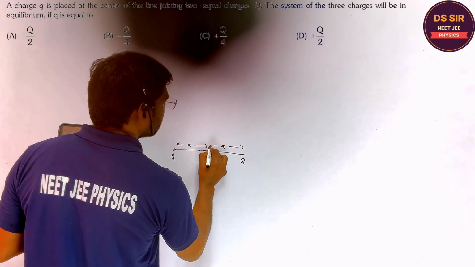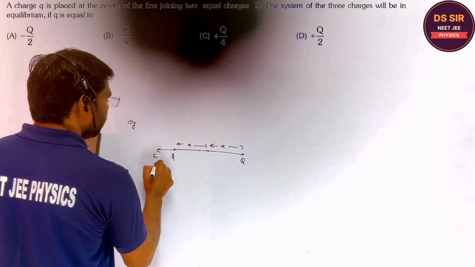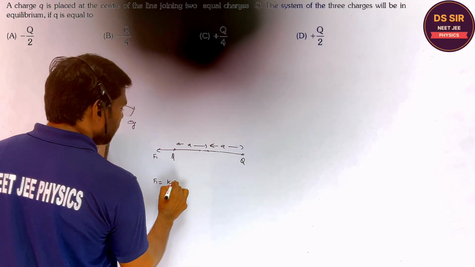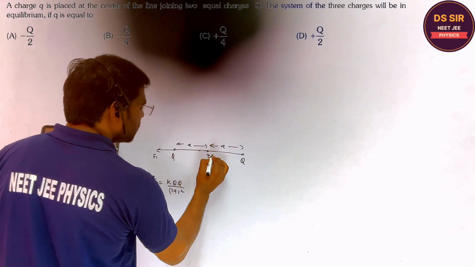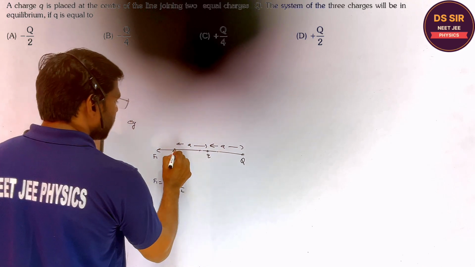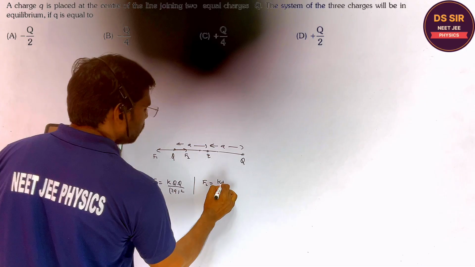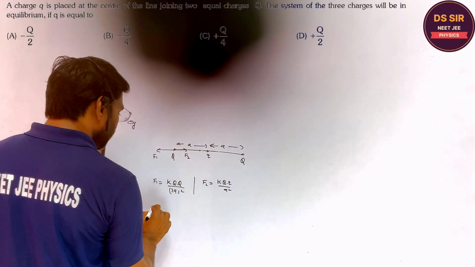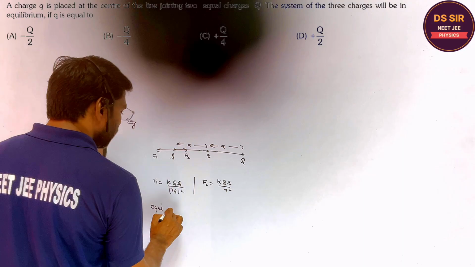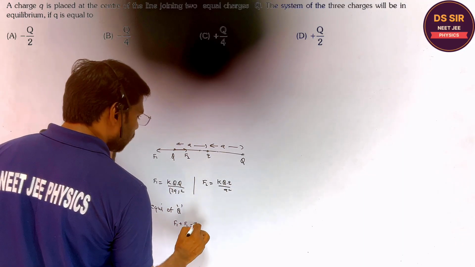Because of this capital Q, the force F1 will act in this direction, kQq upon (2a) whole square. And because of this charge Q, the force F2 will act in this direction, equal to kQq upon a square. For equilibrium of capital Q, the force F1 plus F2 must be equal to